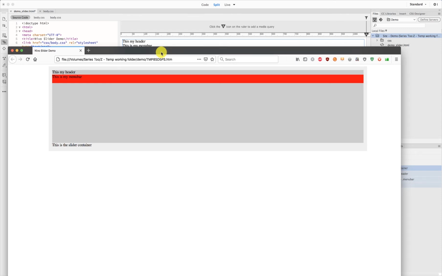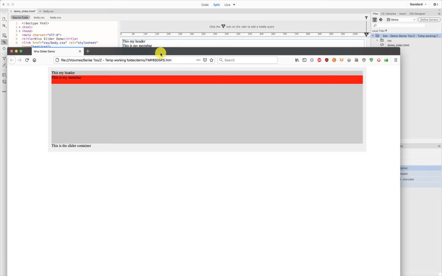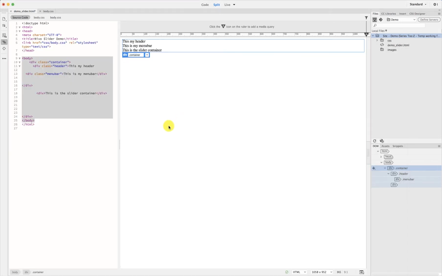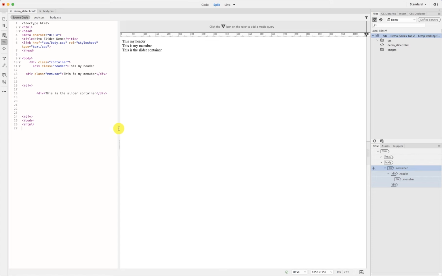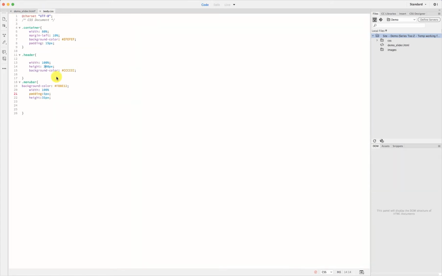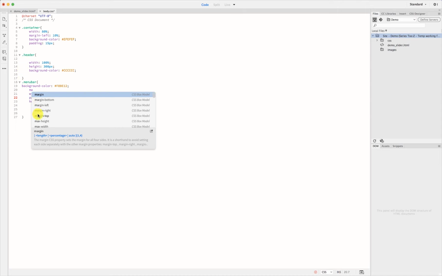I'm going to now configure this a little bit. I do not like the red. I don't like the gray, but at least you're seeing what I'm seeing. I'm going to push the menu bar down by giving it a margin top. Now, if you remember, we went 35 pixels, and then, well, let's just go into here. On the header, we have 300 pixels. There's padding of 5 on this, but oops, looks like I forgot a semicolon. I'm going to give it a margin top of